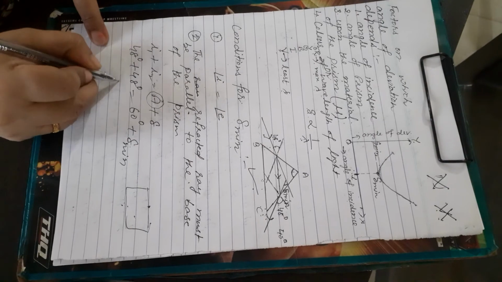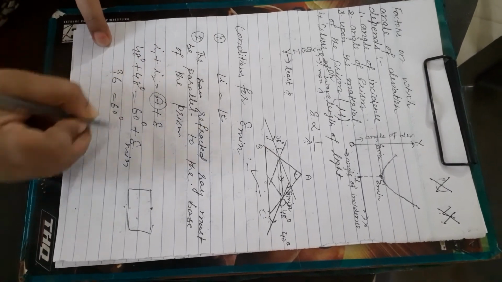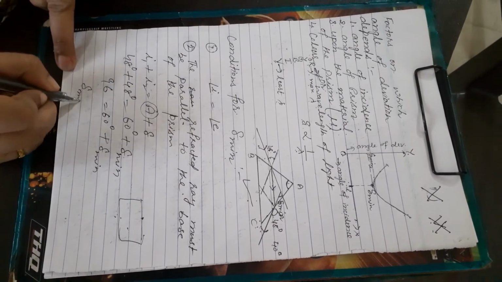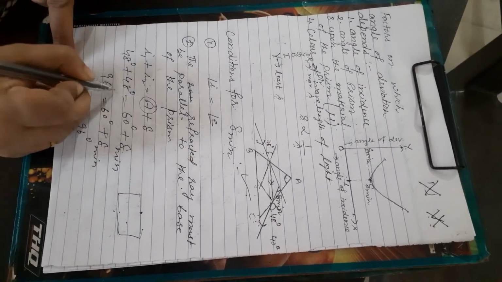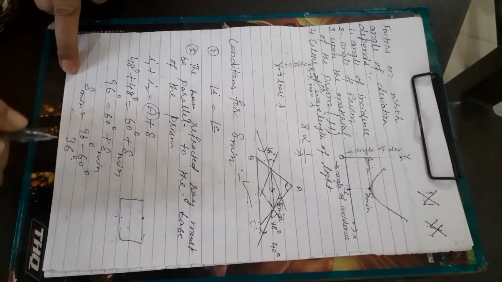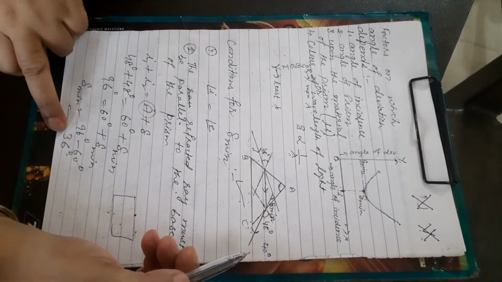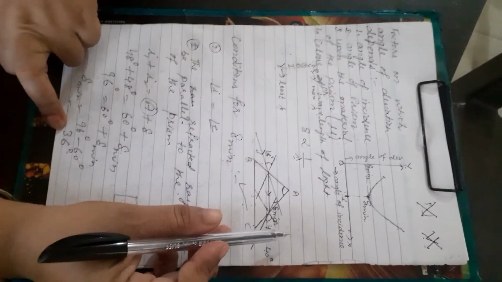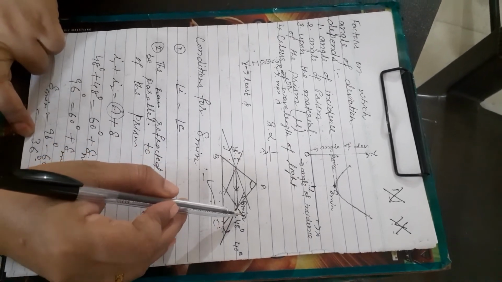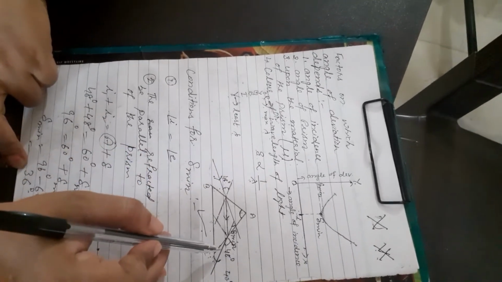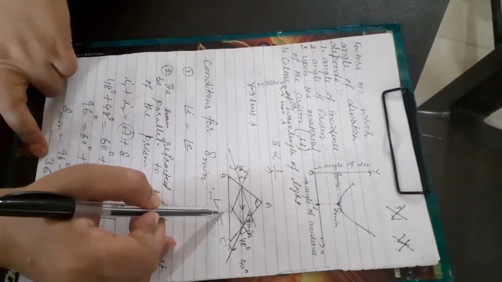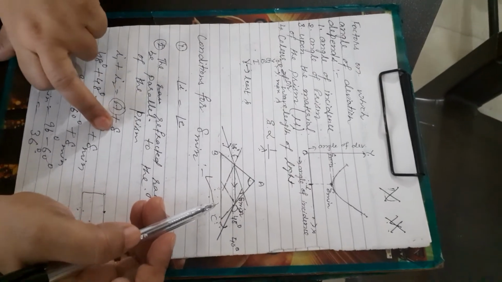Delta minimum is equal to 96 degree minus 60 degree, so it will be 36 degree. If any triangle is given, you can easily find out whether delta minimum is there or not. If angle I and angle E are the same, without thinking, the refracted ray must also be parallel. Use this formula, find the value of delta.